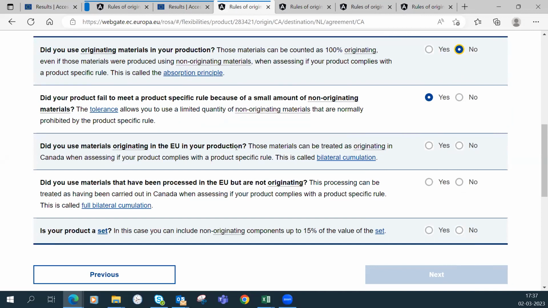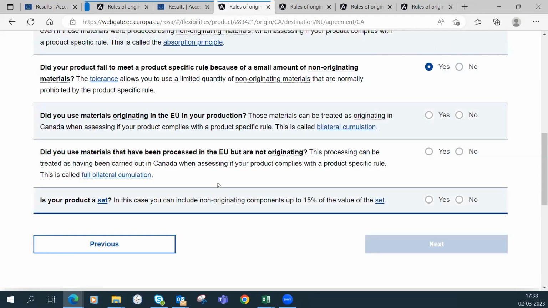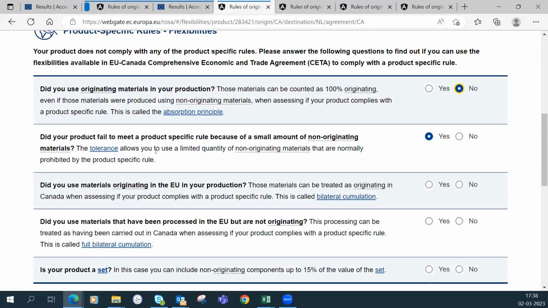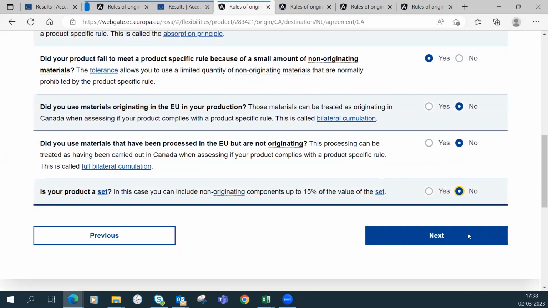So basically, if you are Canada, all the products produced in the EU that are originating, you can count them as if they were of Canadian origin. This is bilateral cumulation. You also have full cumulation, which is about the process. If some process has been done in the EU, you can count it as if it was done in Canada. And again, there is a specific flexibility for sets. But imagine that here you can only use the tolerance. So you say no for the rest.